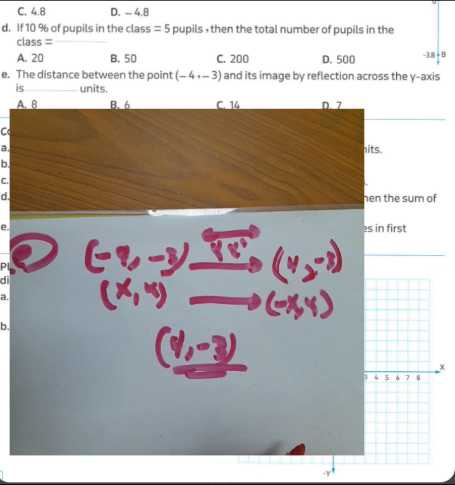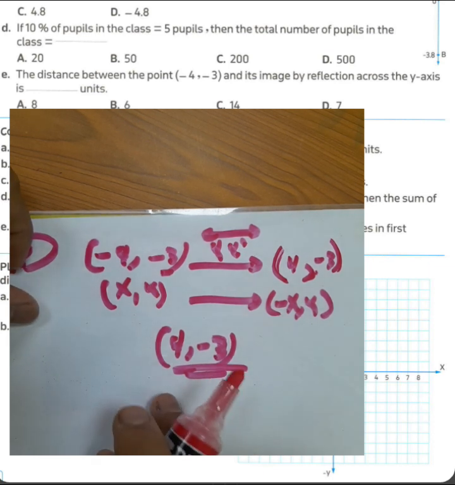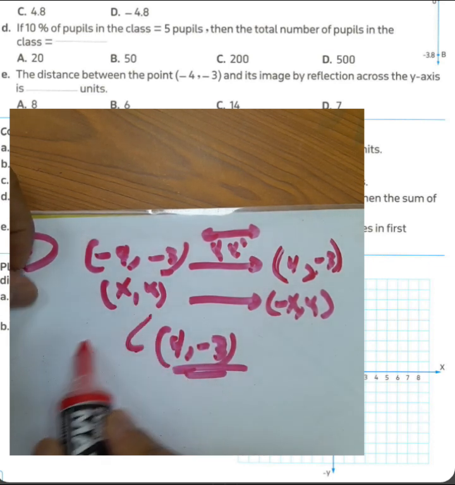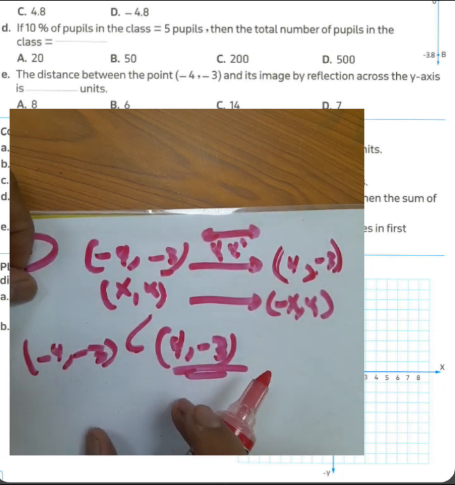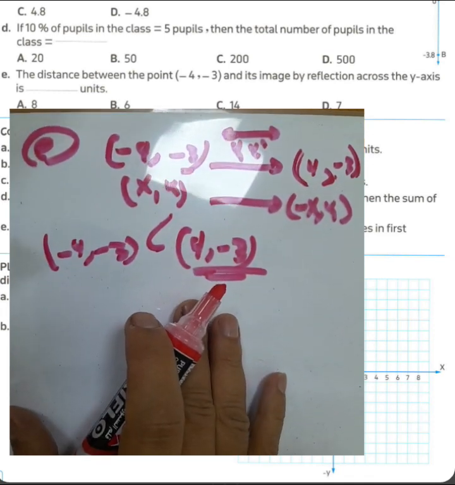Okay, the point here will be 4 and -3. You want to find the distance between this point, -4 and -3, and this point. Okay, to find the distance between 2 points, you must put